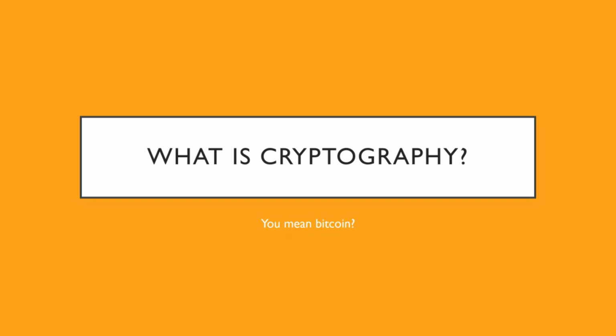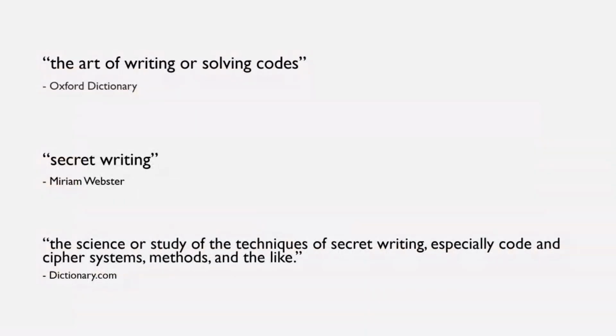Now I'll go on to the sort of definition of what cryptography really is. So this is what you find on the internet. I think it's difficult to understand what it really is from these definitions. Like, what does it mean? The art of writing and solving codes. What's a code? I don't know. Is it like Python? Is Python code? Is a code like a secret language? I don't know. These are just weird definitions that you find